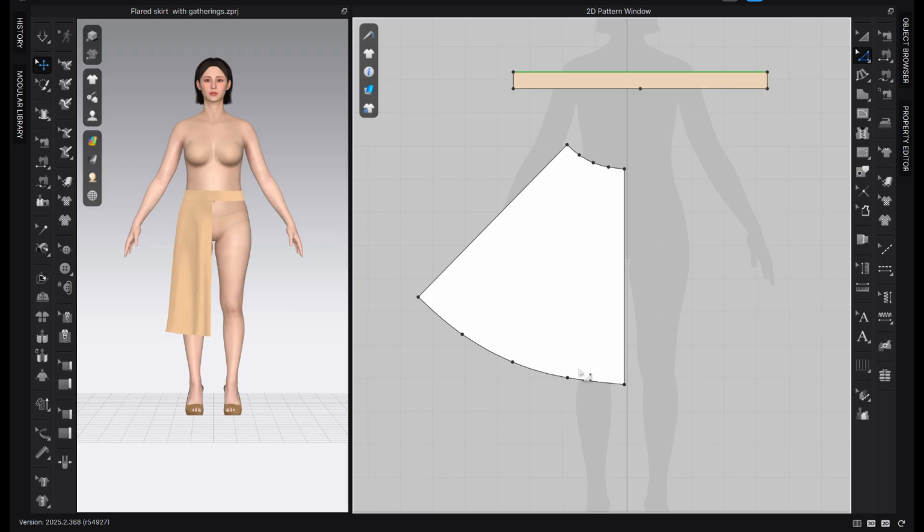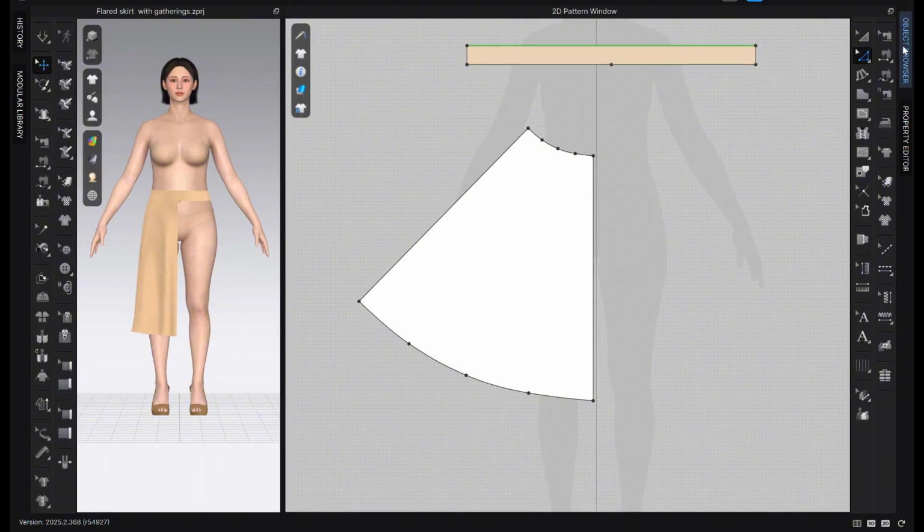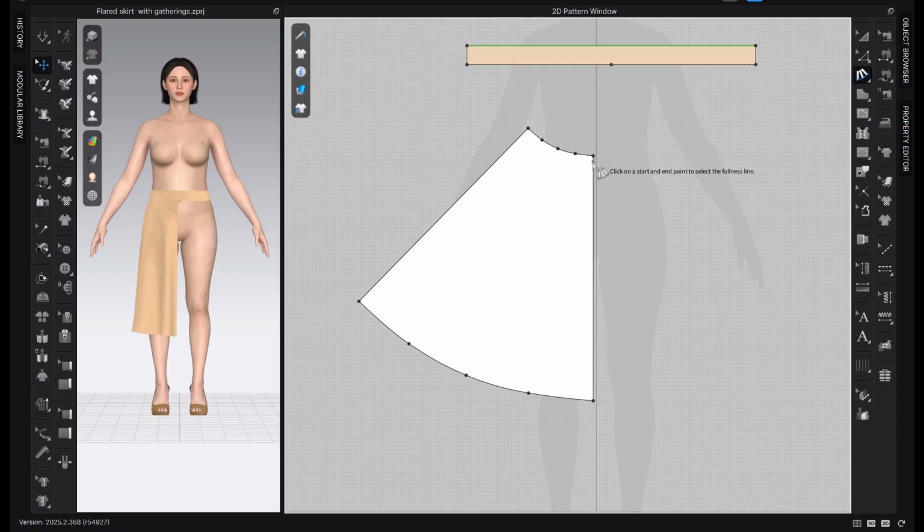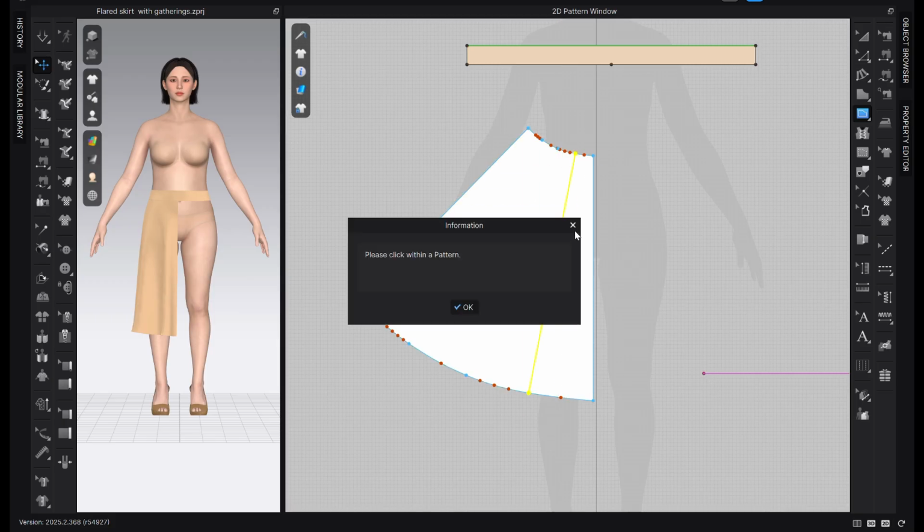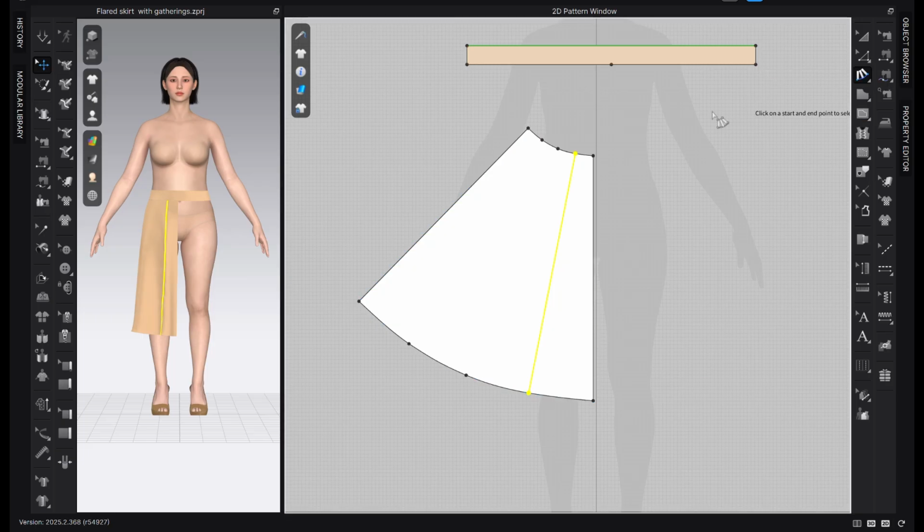The reason I delete my lines is that the Fullness tool won't work on an internal line. I can show you an example why it doesn't work on an internal line. See, for example, let's see when I draw an internal line and I try to use the Fullness Line Tool, it won't work. This tool only works when you are choosing the outline of your pattern. So see, I choose the first point and second point of the waistline, and then at hem,